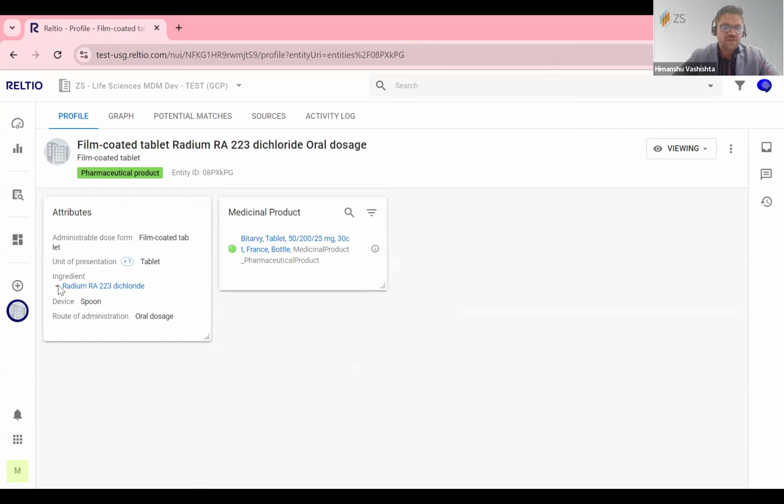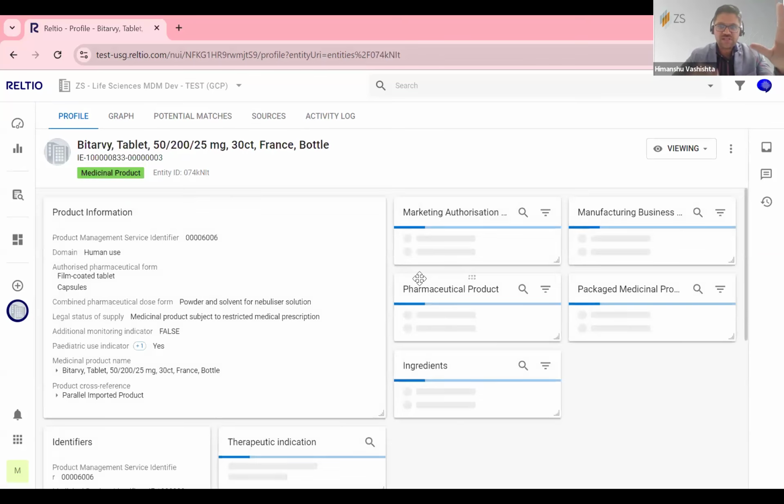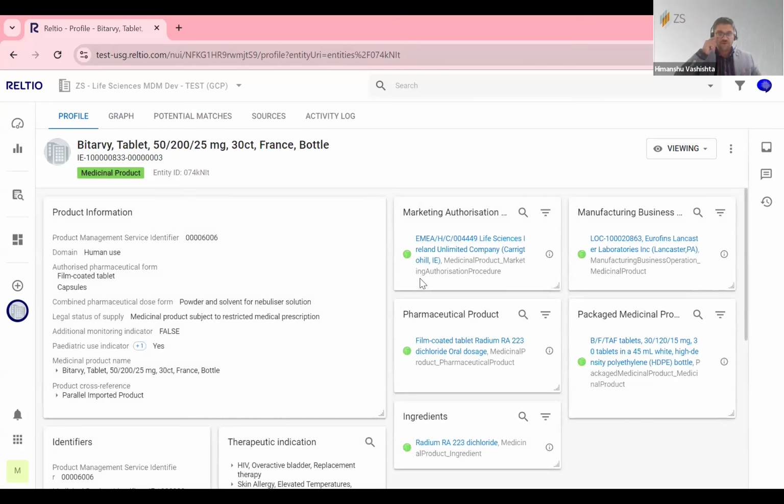So we can see from where it generated, what the medicinal product was. And here, if there are other competitors, we can show other competitors. We can see how this product is behaving, or create a market basket to create a comparison between a company's brands with other competitors. So this is how the overall end-to-end flow from molecule to market looks like within one MDM